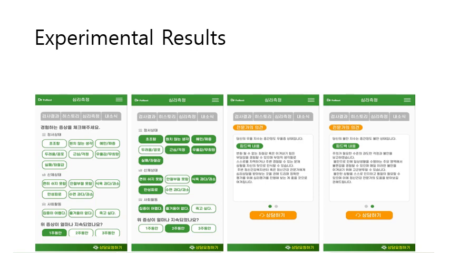So you can easily check your anxiety level, or whether you are in depression or not, using this application as shown on this screen.